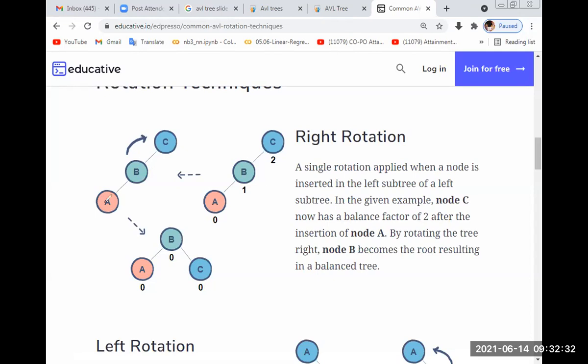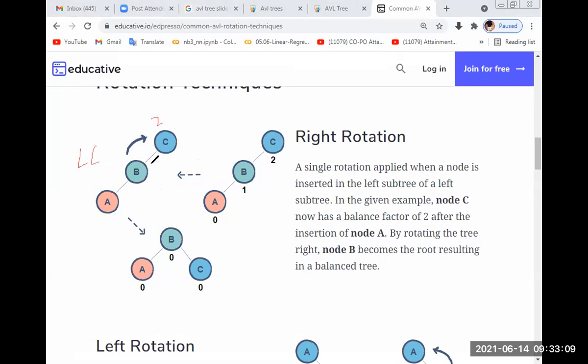We have to remember that we just perform three rotations. We have to perform rotation between three nodes only. An AVL tree can perform rotations only between three nodes. Even if the tree height is 10, we can perform it only on three nodes. So here is the problem. The height of the tree here is 2 minus 0. So this is the LL problem, the left LL problem.